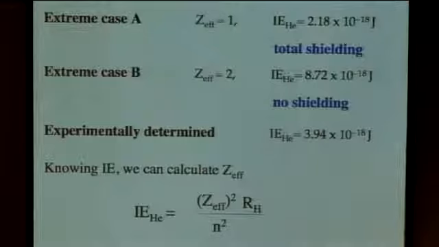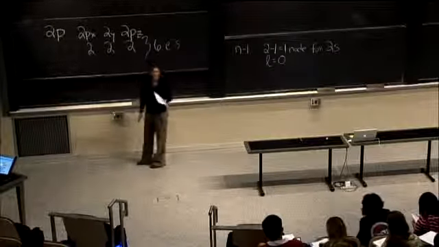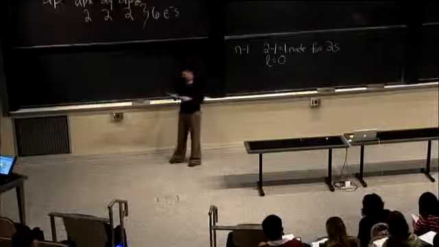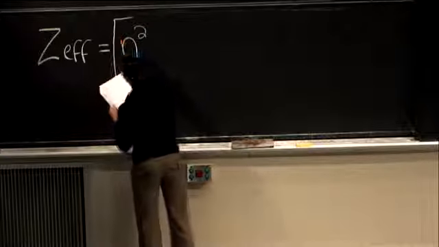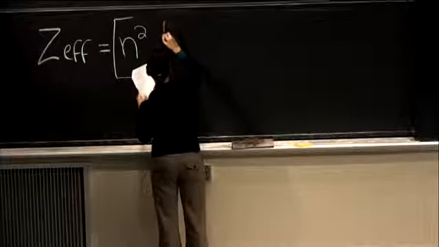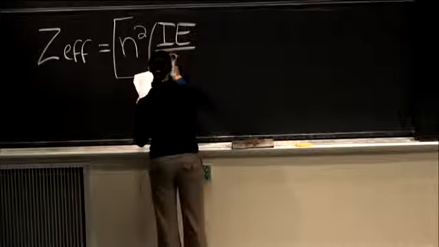Instead of talking about the ionization energy, because that's one of our known quantities, we can solve to find Z effective. If we rearrange this equation, we find that Z effective is equal to n squared times the ionization energy all over the Rydberg constant,